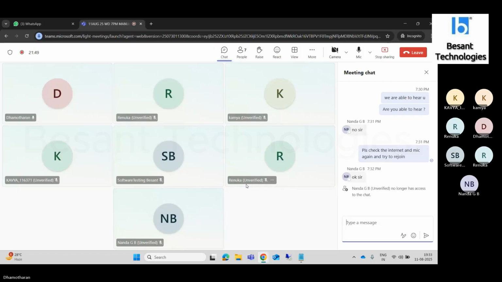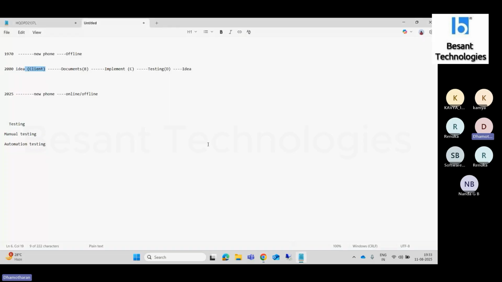Yes. Their work is to gather all the information from the client and document everything. This is their main work. Nowadays there are courses for the BA role, and it is currently a booming role. So their work is documentation.